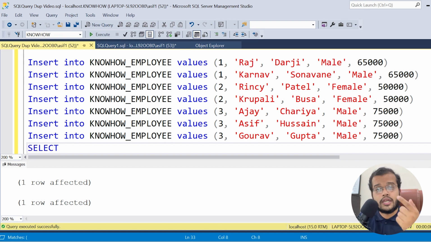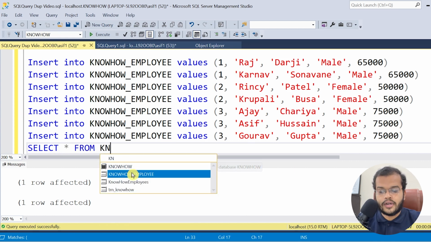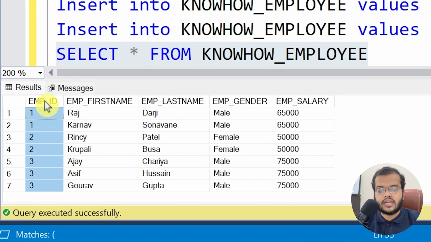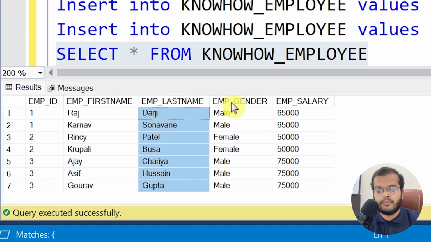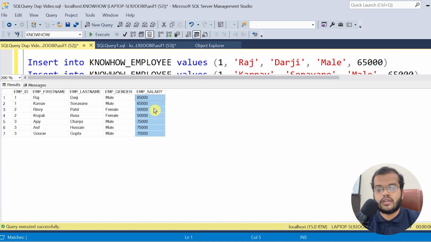Let me retrieve the know-how employee table and show it to you. For this, I am writing select star from my table name, which is know-how underscore employee, and executing it. We can see employee ID, employee first name, employee last name, employee gender, and employee salary, all the columns are here with the values. If you observe very carefully,